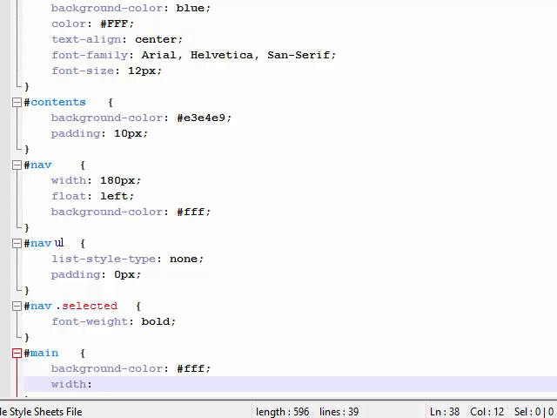And so between each div within the contents, we have a padding of 10, and so that's listed right here. So we need to account for this when we create our main. So basically 10 and 10 on left and right side of nav, that's going to be 20, and 10 and 10 on left side of main, that's 40. So 40 with 180, I'm just going to go ahead and make this 600. So width 600 pixels,